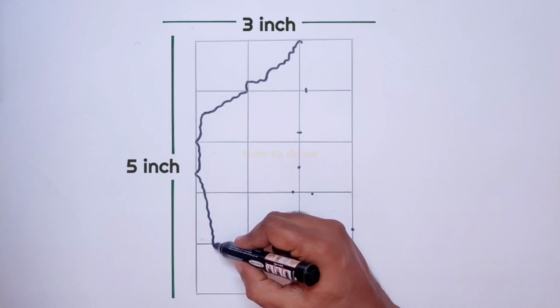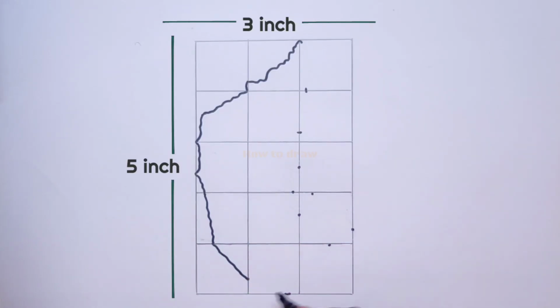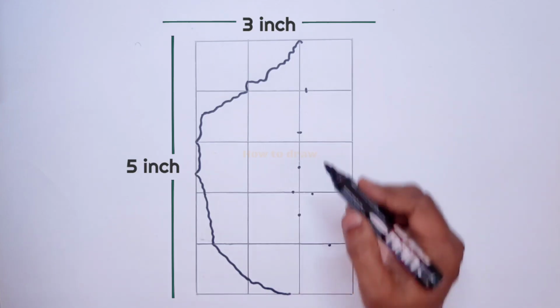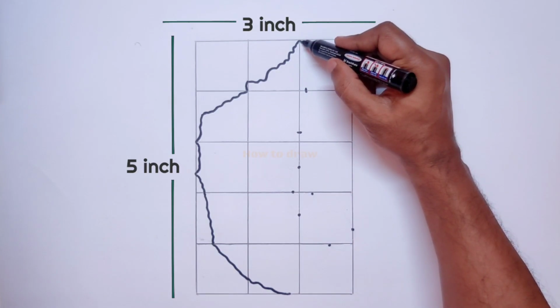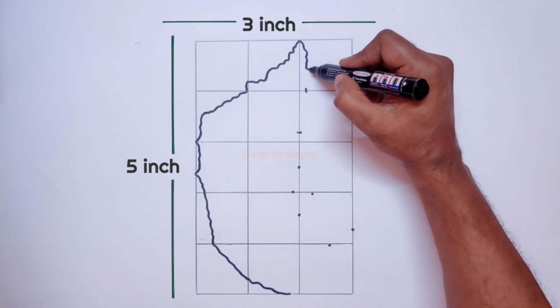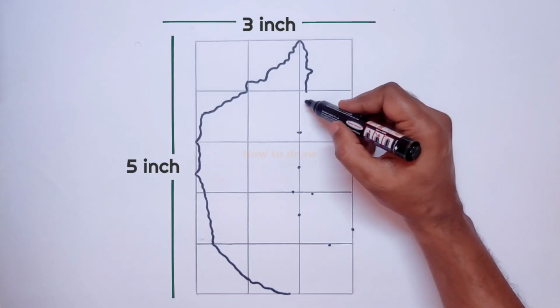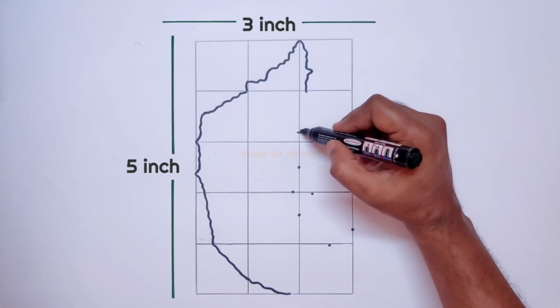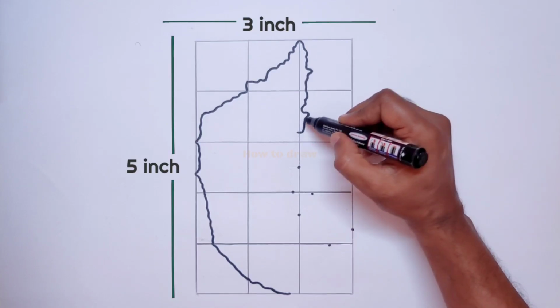and to this point we have to drag the line downwards like this, and here also to this point we have to draw a line like this, a curved line. Now again we have to go to the top right side. At this point we have to make an edge like this, and we have to join the 2 points, and from here again in the middle we have to make an edge like this, and we have to join this.